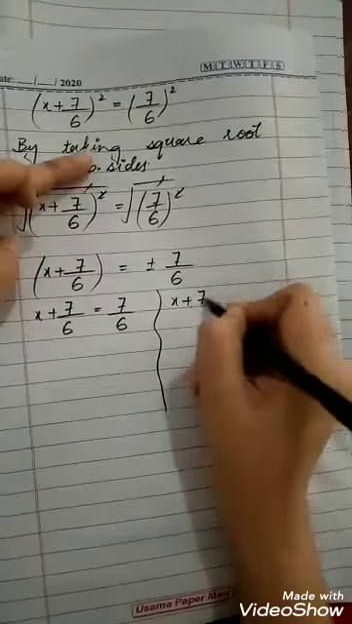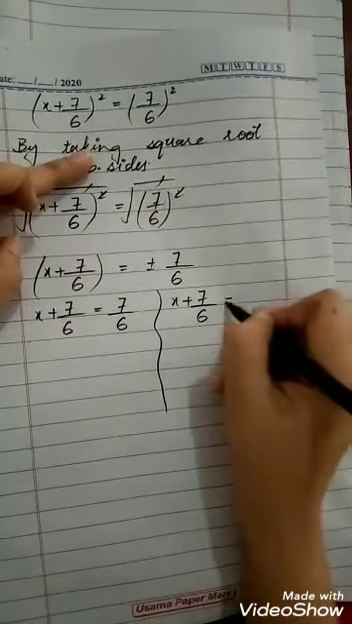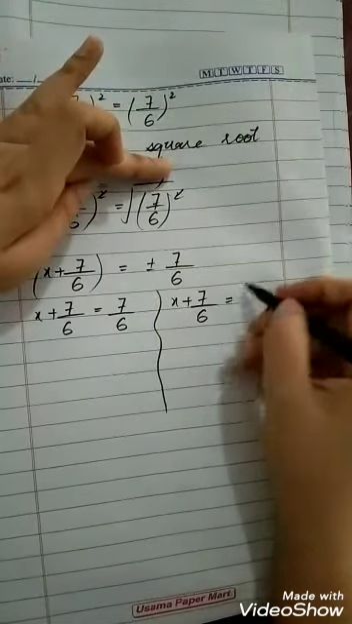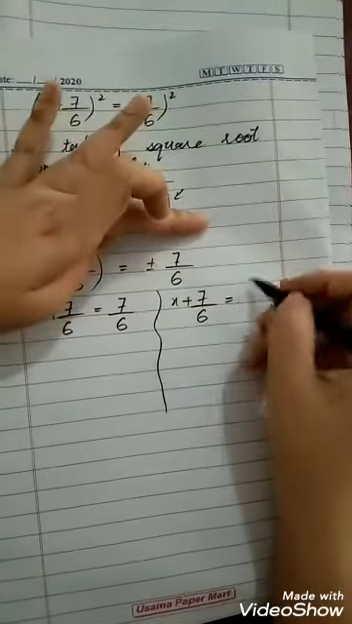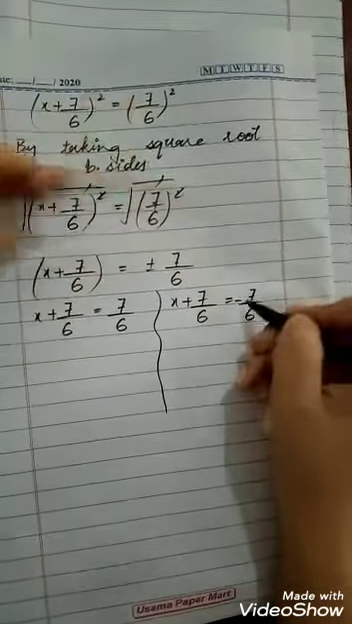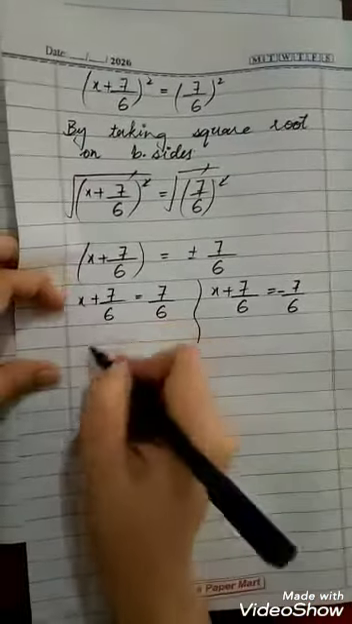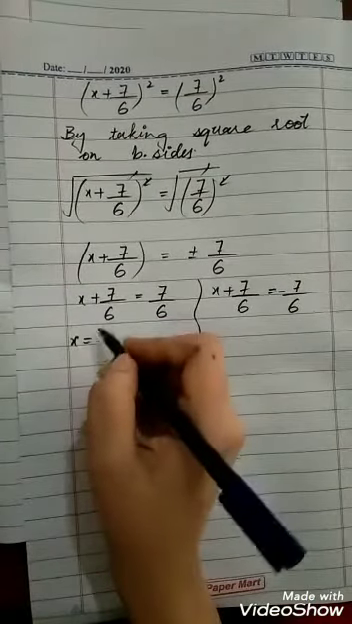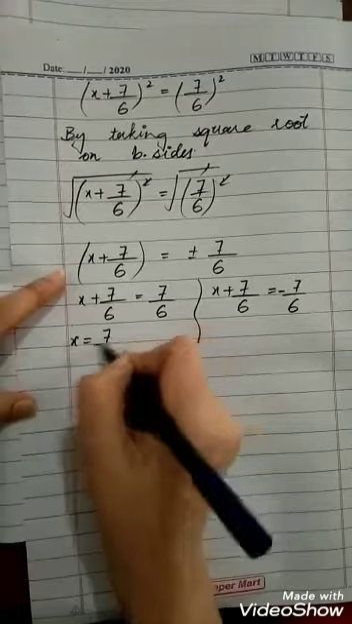x plus 7 by 6. Firstly the positive value, because one time it is positive, one time it is negative. Once we will take it positive and once negative, minus 7 by 6. We have to solve it now, because we want to find the x value, so we will take it equal to